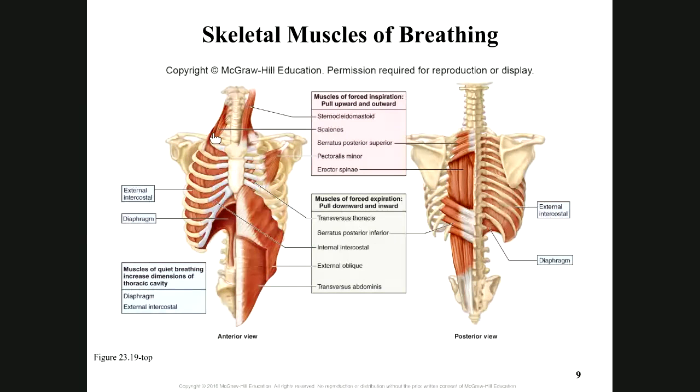Above the sternocleidomastoid on both sides we have a splenius. Also, we have some muscles which we call serratus posterior superior, which you can see here. We have the pectoralis muscle, which you can see in this picture. Also, we have transverse thoracic,